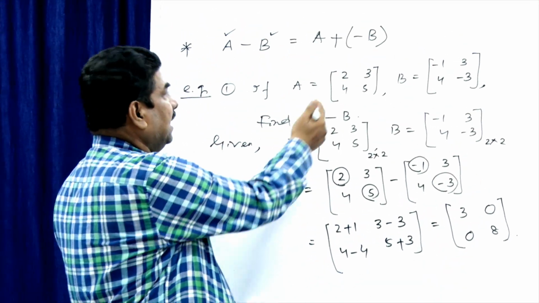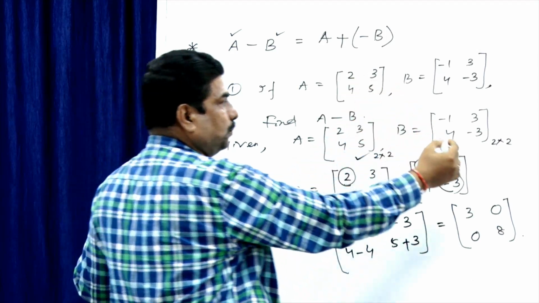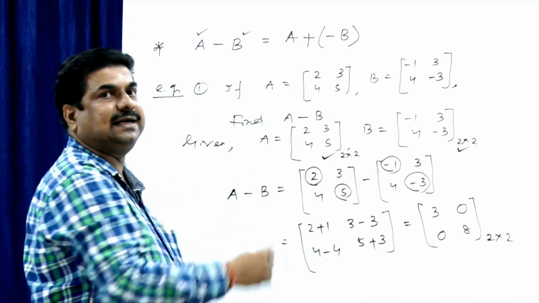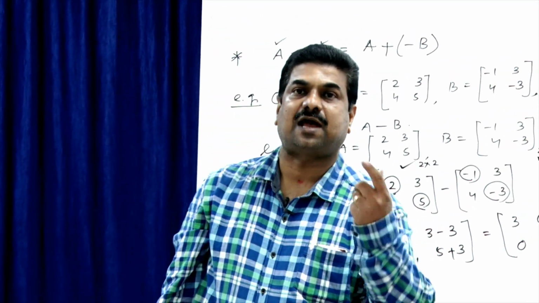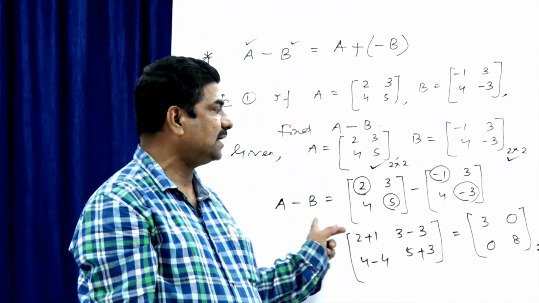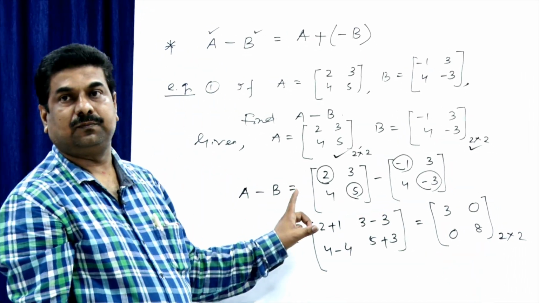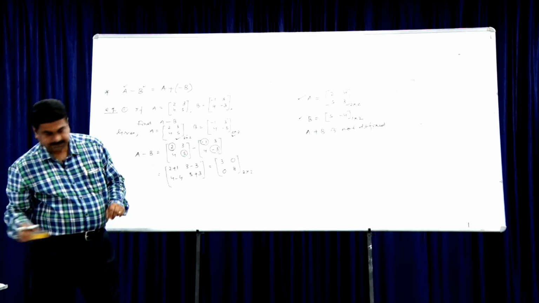Okay. Here you see A of order 2 by 2, B of order 2 by 2. In case of a difference of these two matrices, or we call it a subtraction of these two matrices, A minus B is of order 2 by 2. Okay. Next is